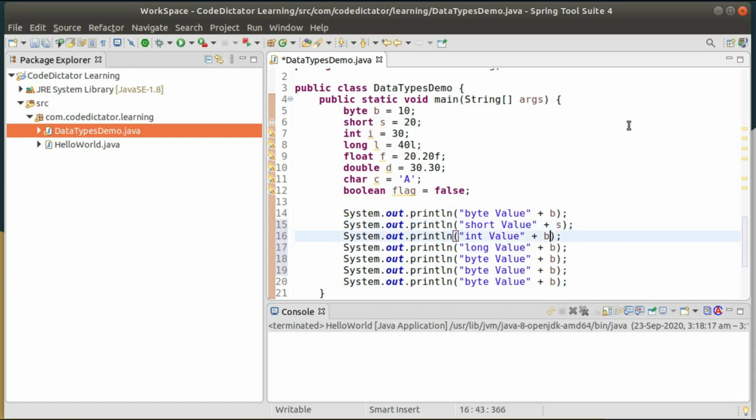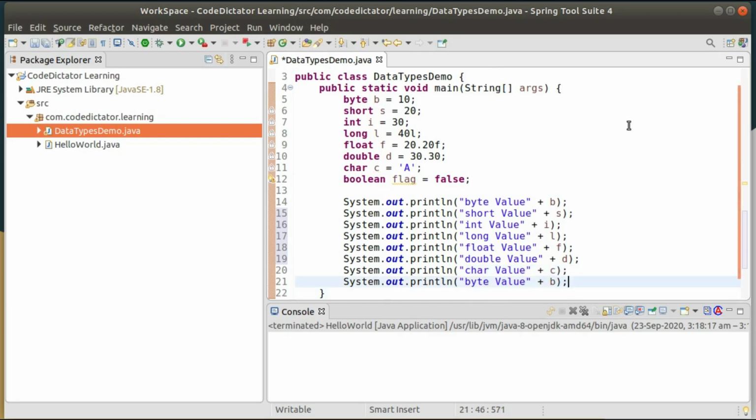i for your int, l for your long, then float f, double d, your char is c, and the last one boolean, which is my flag.